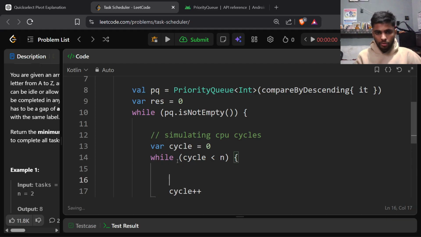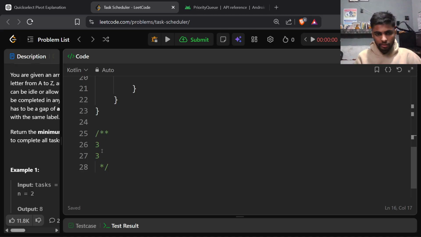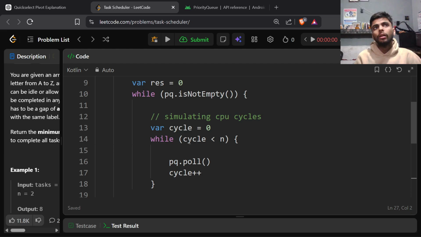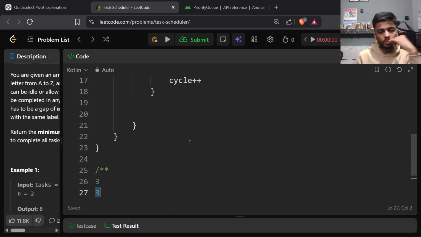Okay, so my PQ dot poll, because my priority queue contains frequencies, so 3 and 3, frequency map, right? Because my